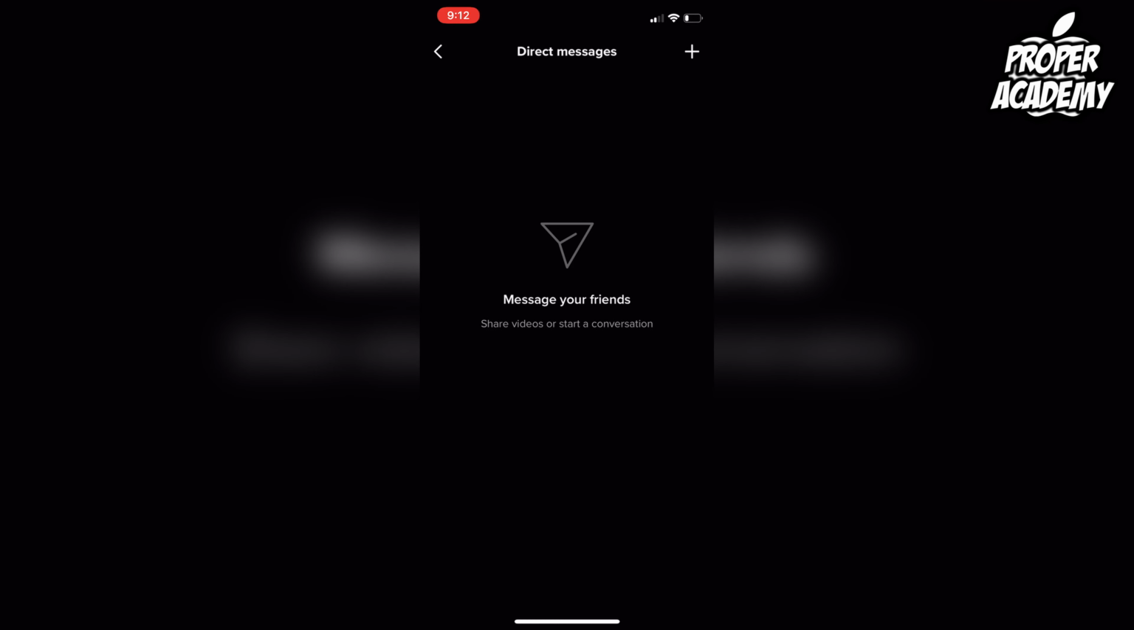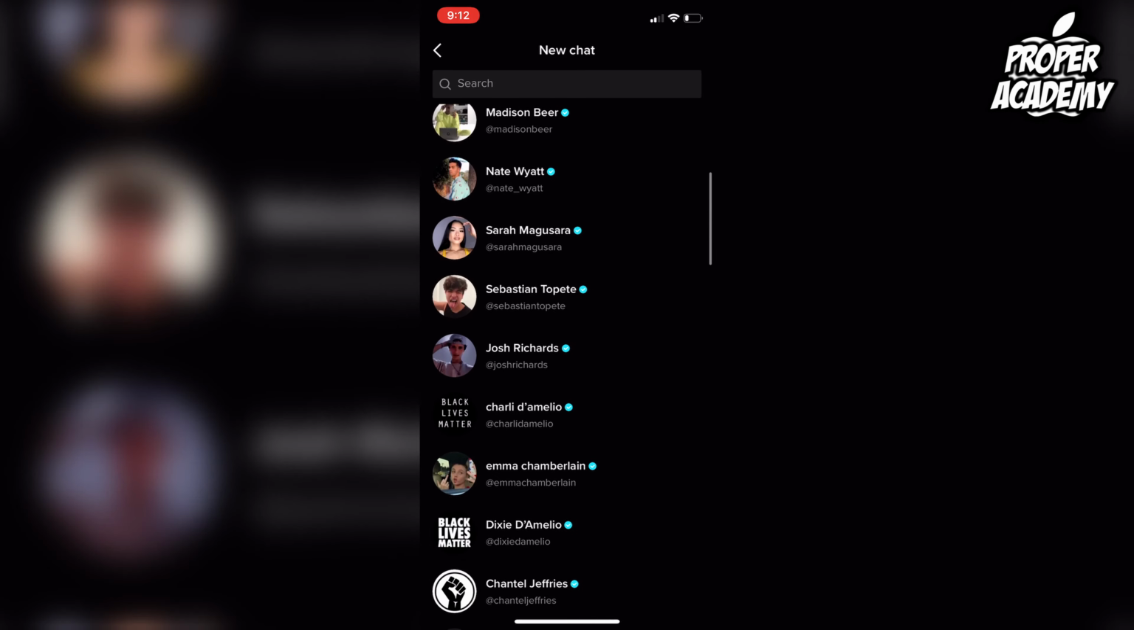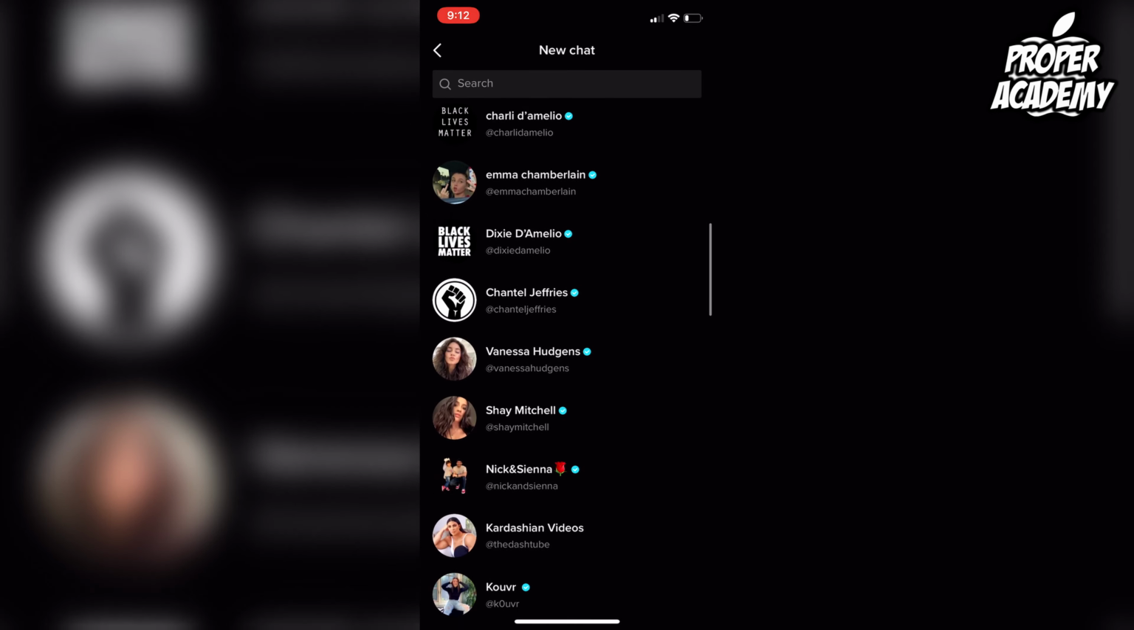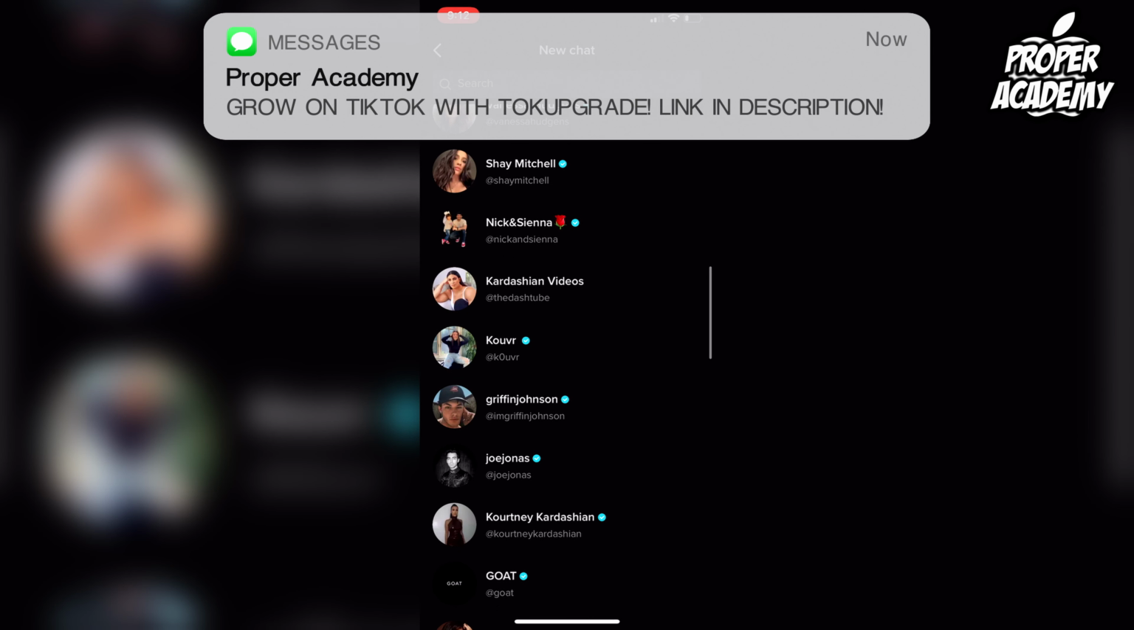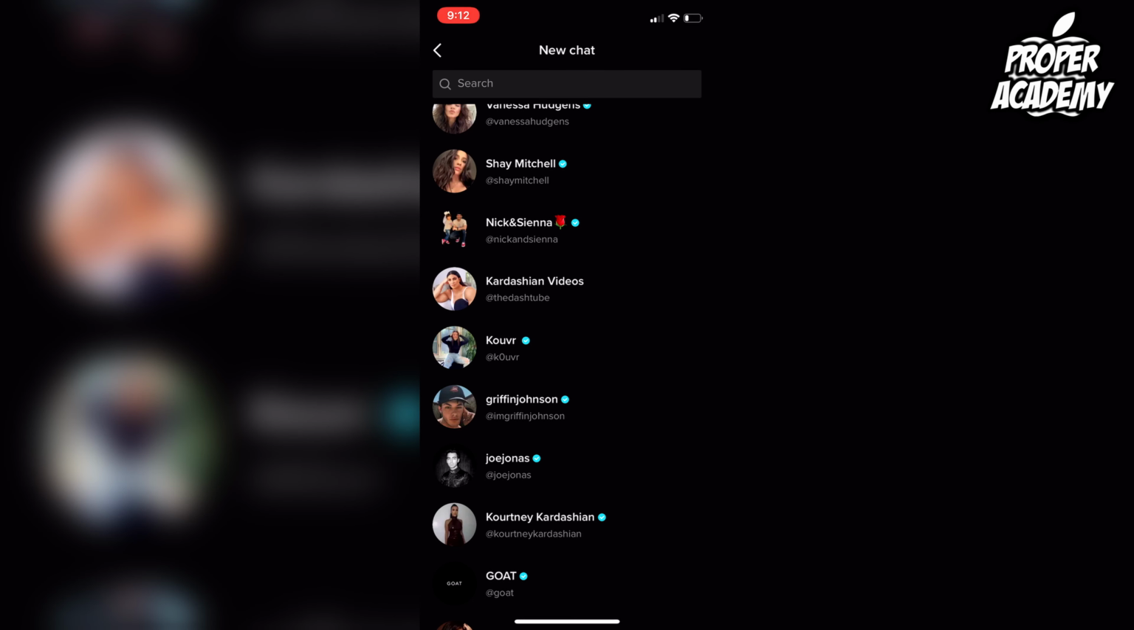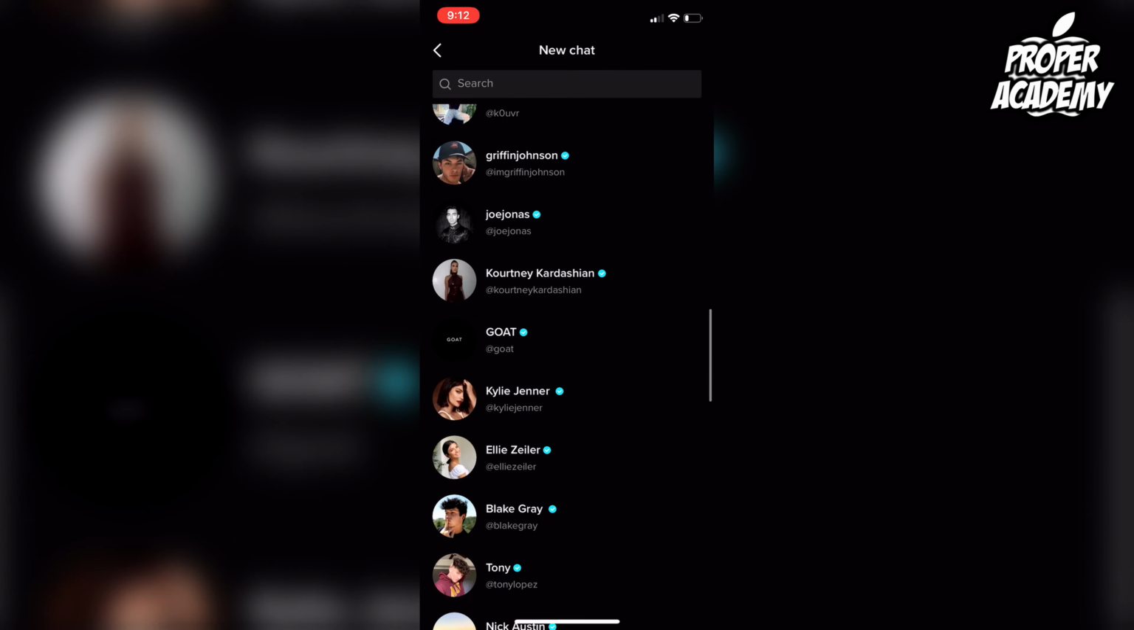And then this is where you can send direct messages to your friends or other people on TikTok. You just click on the plus icon and you can see a bunch of people that you can send messages to. And depending on the privacy settings of the accounts, you can actually message people that aren't following you and you're not following either. So that's really cool that you don't have to follow them to be able to send